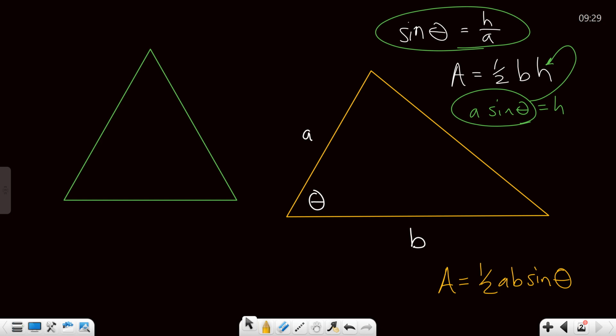Okay, so what are my requirements? My requirements are simple. I need to know 2 sides of the triangle, and I need to know the angle in between. We commonly call that a side angle side scenario. So if you have a side angle side scenario,